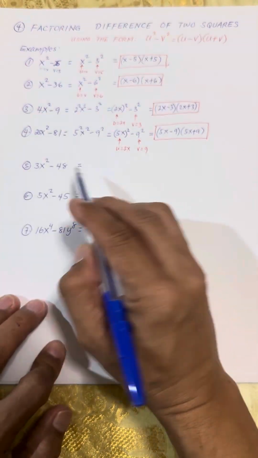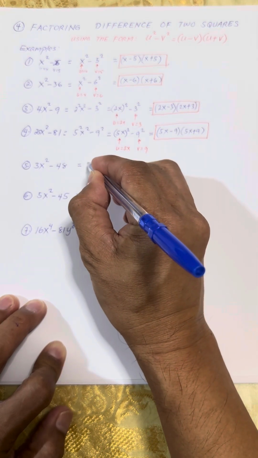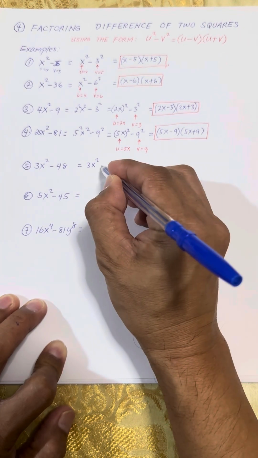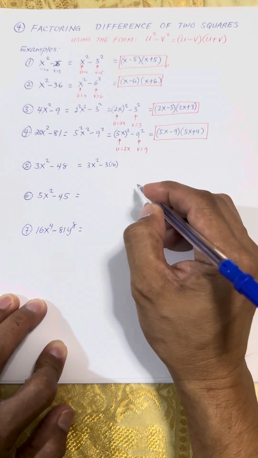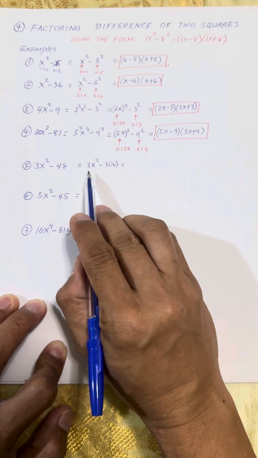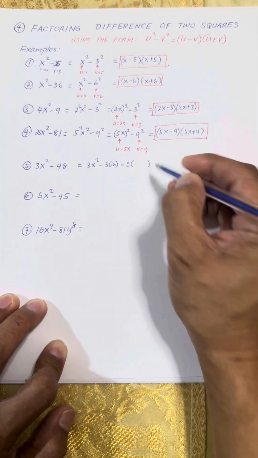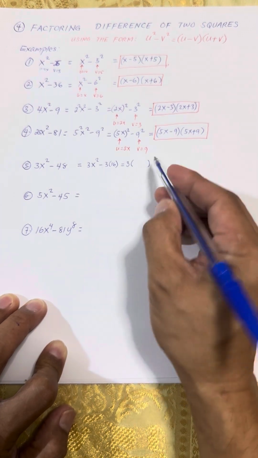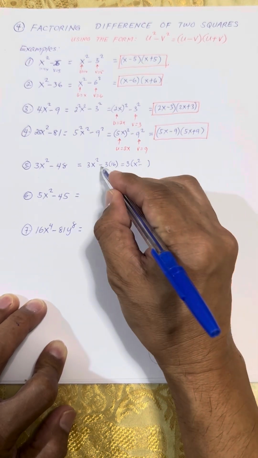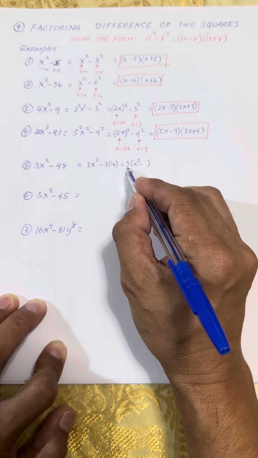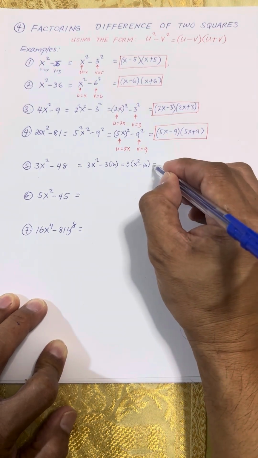All right, so for this one, the common factor of the first and second term is 3, because this can be written as 3 times x squared, and 48 can be written as 3 times 16. So finding the common monomial factor, which is 3, make a parenthesis. After that, divide this by the common factor. So we have x squared. The middle is minus. Divide this whole thing by the common factor, which is 3. So what is left is 16.